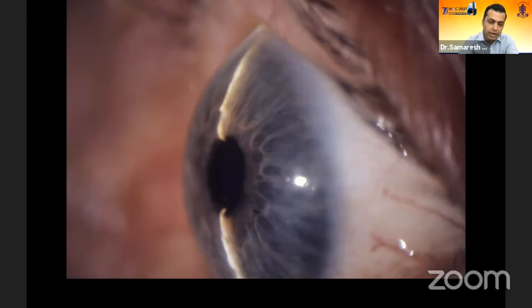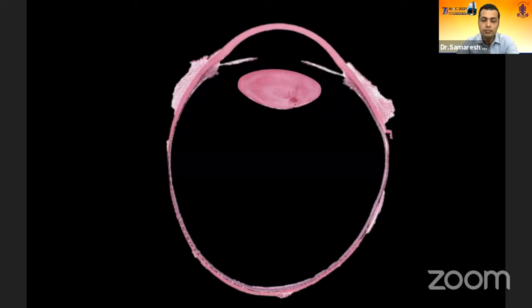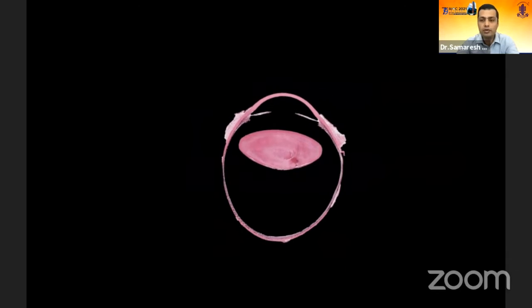Phacoemulsification in long and short eyes is, like Niven said, not only difficult for early starters, but also difficult for very experienced surgeons, because a lot of things can go off track, and most surgeries are not dedicatedly designed for operating on these eyes. So I'm going to start with short eyes first, and then move into longer eyes later. So there are a few points to consider when you have a short eye.